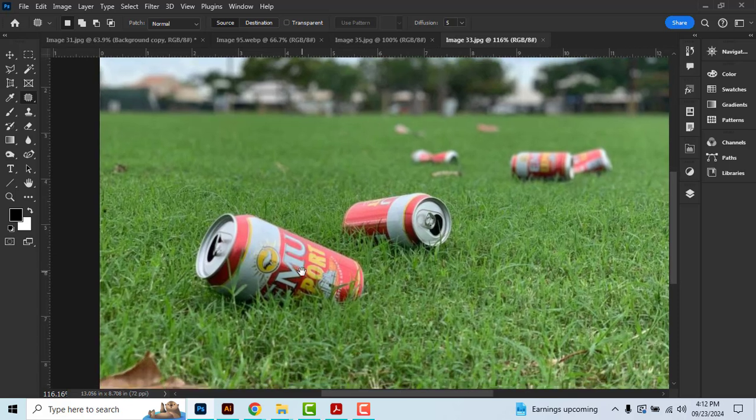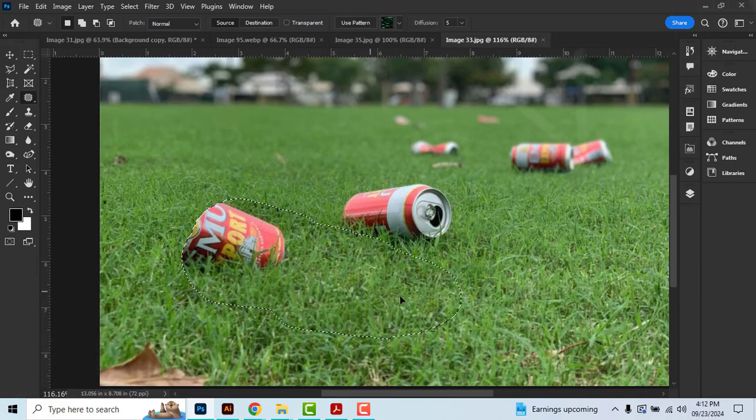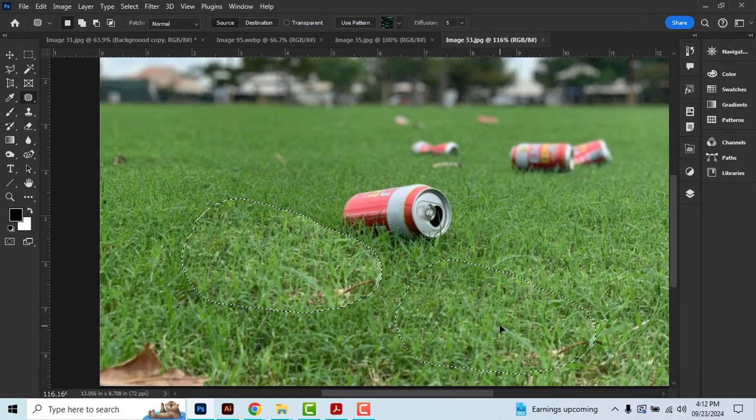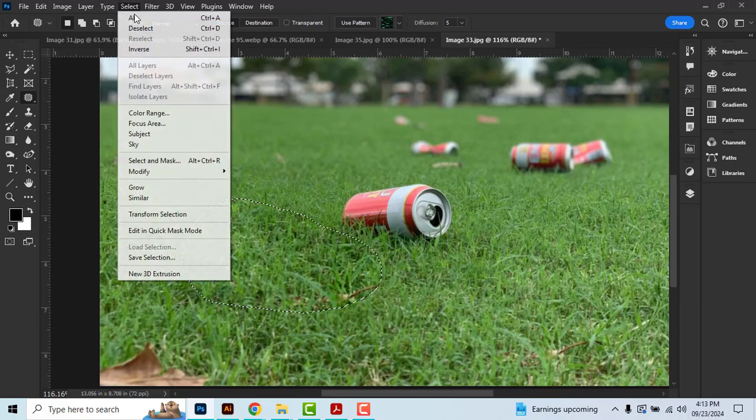With the Patch tool, draw a rough selection around the object, in this case, the can. You don't need to be overly precise, as the tool will blend the edges naturally. After making your selection, click inside the selected area and drag it to another part of the image that has a similar texture you want to use as a replacement. Release the mouse to apply the patch, and Photoshop will replace the object with the sampled area, seamlessly blending it